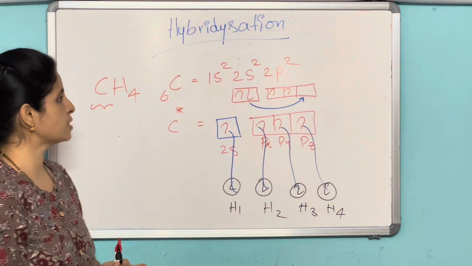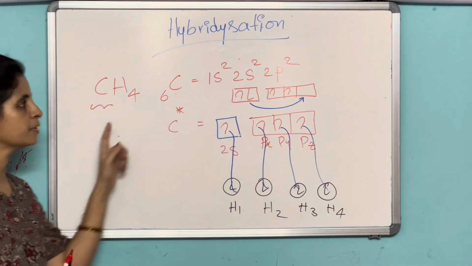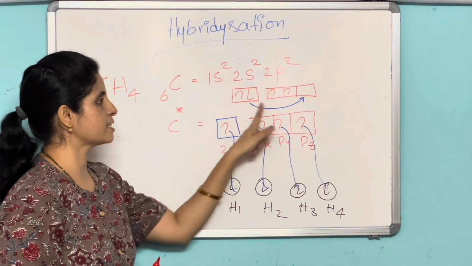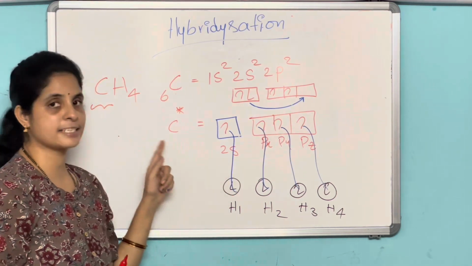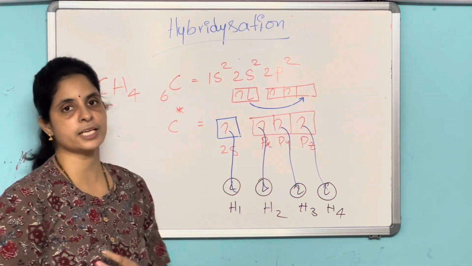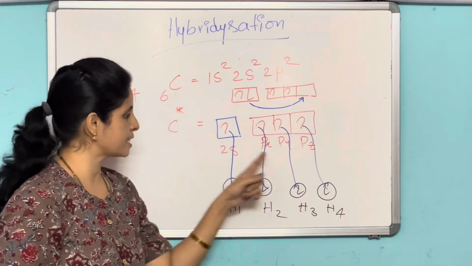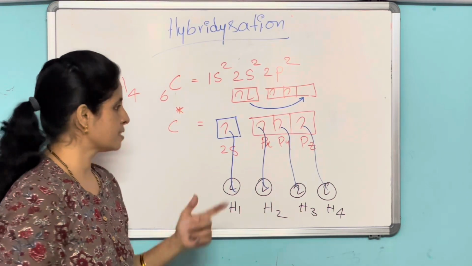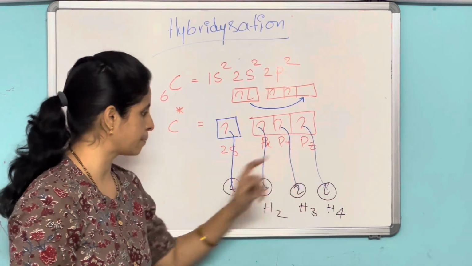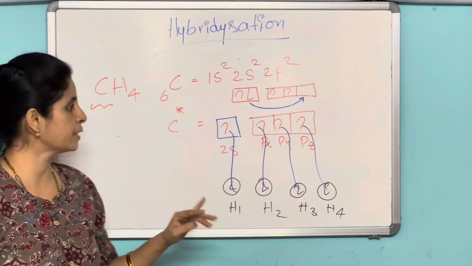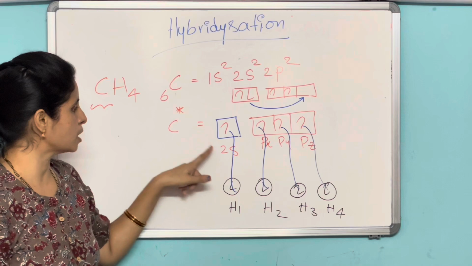Okay, so how is the CH4 molecule formed? Here the carbon with atomic number 6 is in the ground state. In the excited state, the electron from this 2s orbital will go into this 2p orbital. This is the excited state of carbon, and here the 4 sigma bonds are formed between the carbon atom's 2s